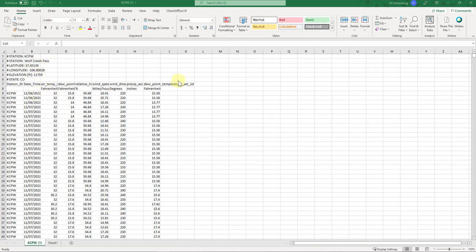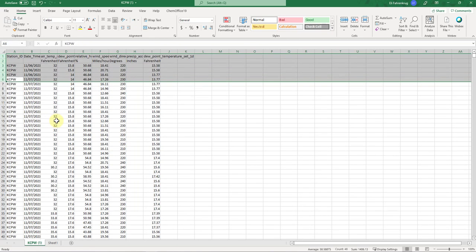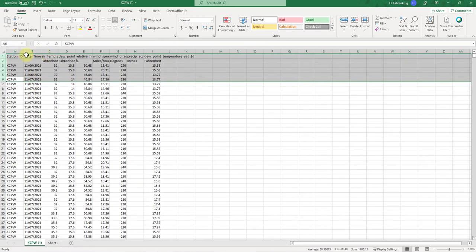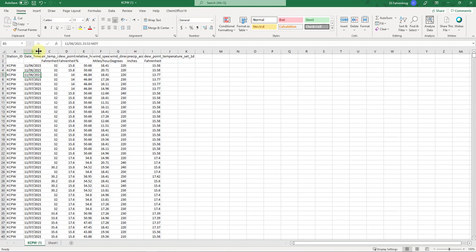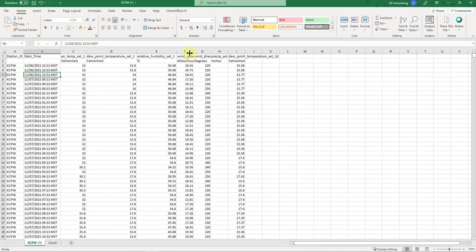The first thing I'm going to do, and if you need to remember how to get this data into the spreadsheet, go watch the other video. Otherwise, I'm going to clean up my spreadsheet a little bit just to make it easier to process. First, I'll collect the station data at the top, highlight these, right-click, and choose Delete. I can expand each of my columns by double-clicking on the boundary between the columns,